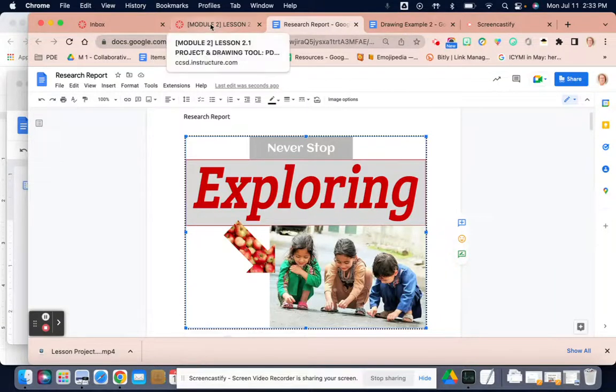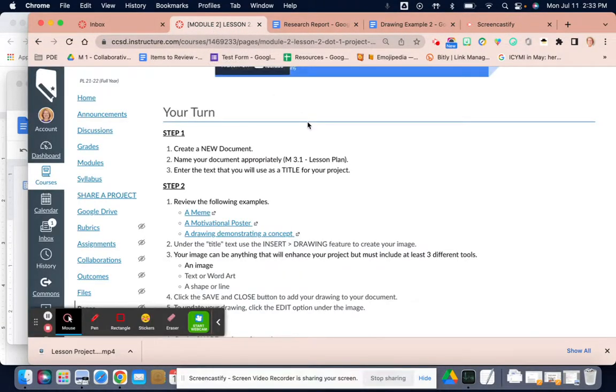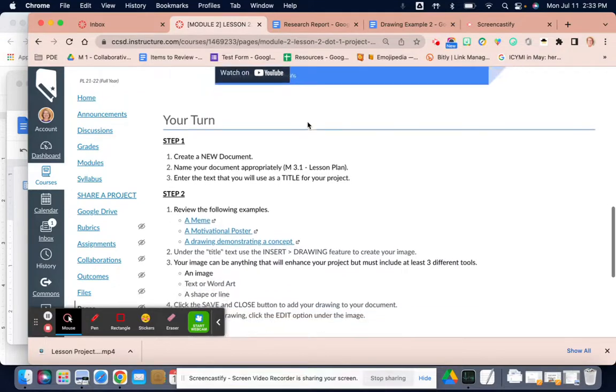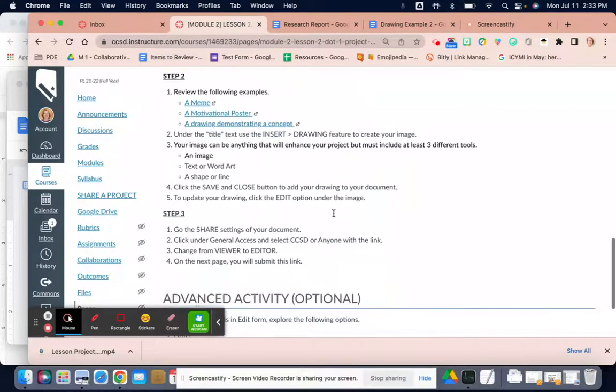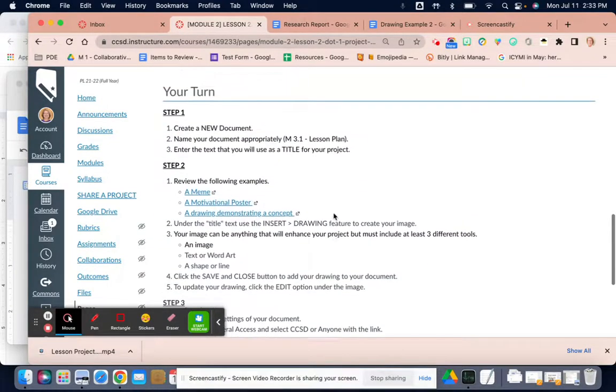For this lesson, you are going to be creating your own graphic to use for your project. So make sure you've reviewed the Your Turn information so that you understand exactly what the directions and requirements are for this lesson. Okay,